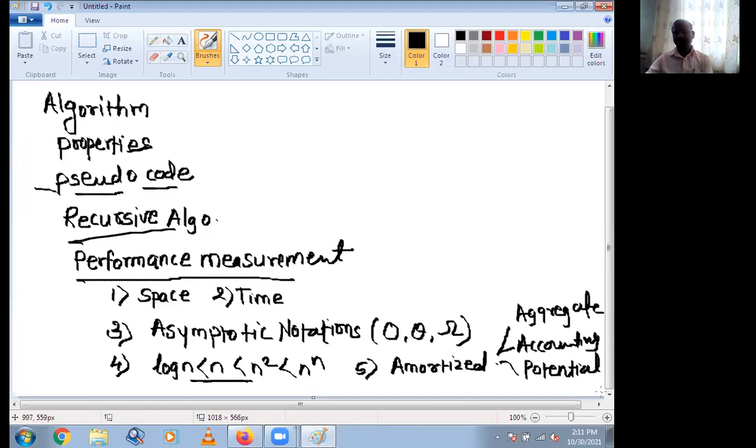Roll number A47. Yes, sir. Did you get all concepts? Yes, sir. Roll number A17.